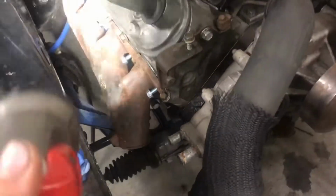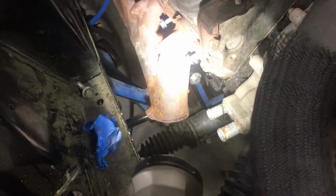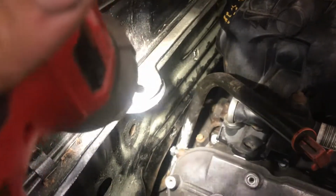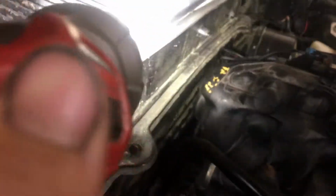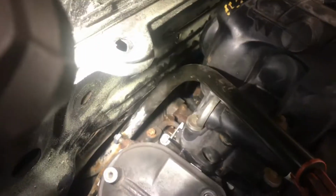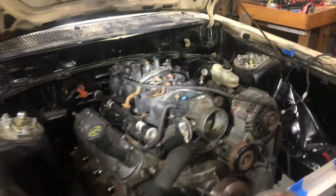But this is bolted in with the AJE tubular K member and their LS swap mounts, which works out great. I mean, look at how close everything is. But sucks if you got to work on the sensors, but it works pretty good. I mean, there's a ton of space in this whole thing. So